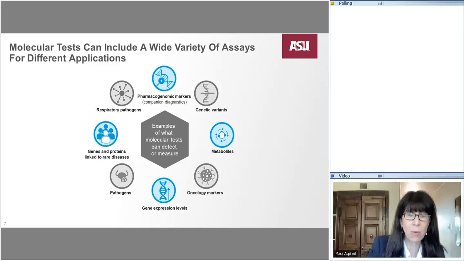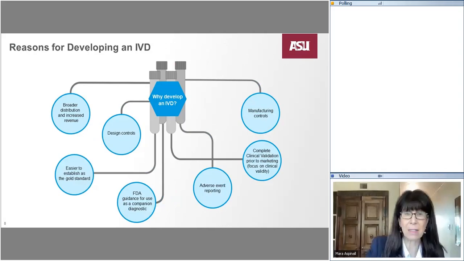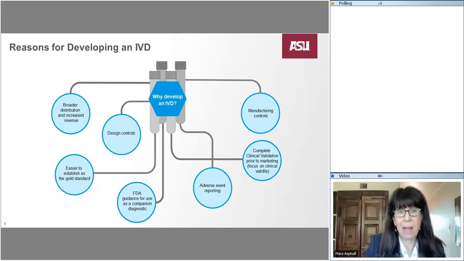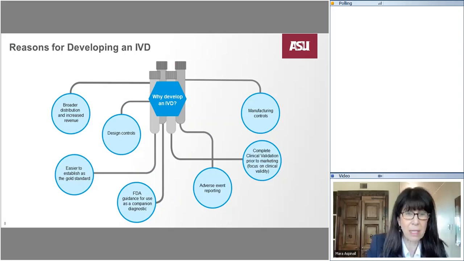Now let's go into the details of why develop an IVD. Well, the clear piece here is, if you're a manufacturer, why do you develop these? Well, one is it is about broad distribution, increased revenue. It would surprise me if there aren't multiple labs in every small city, town around the world running IVDs. They're easy to establish as a gold standard, in part